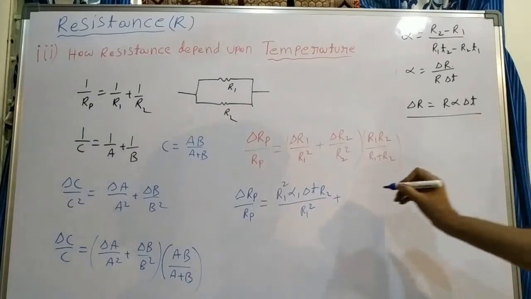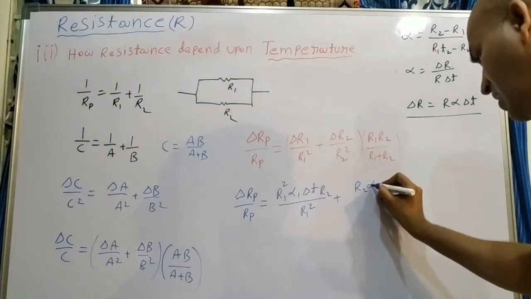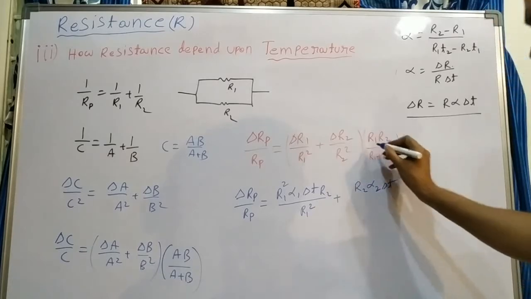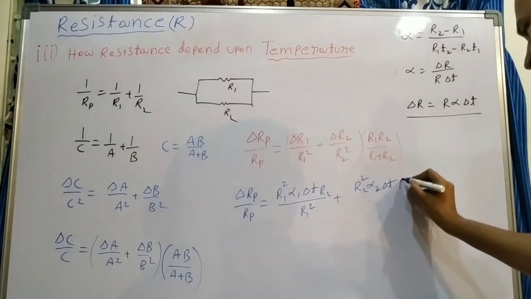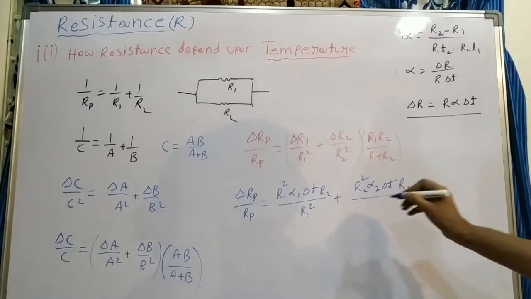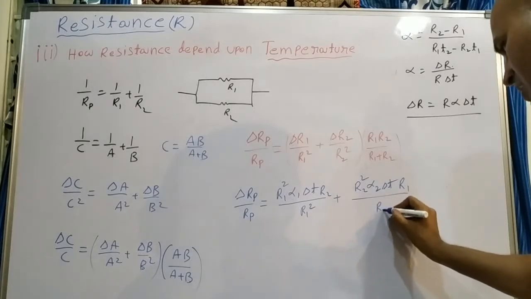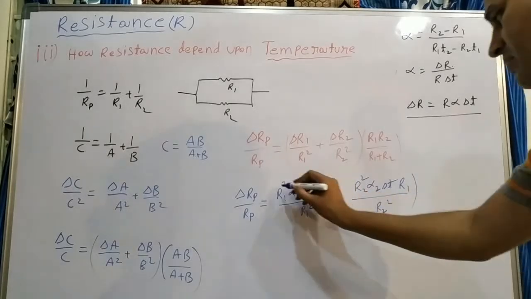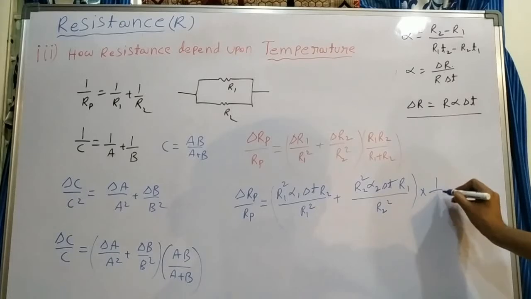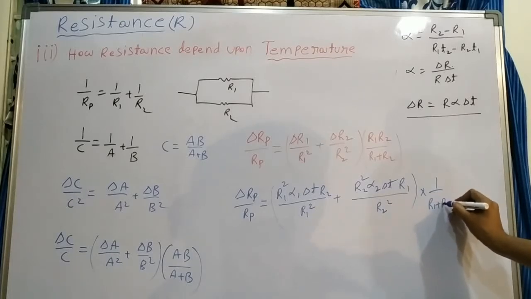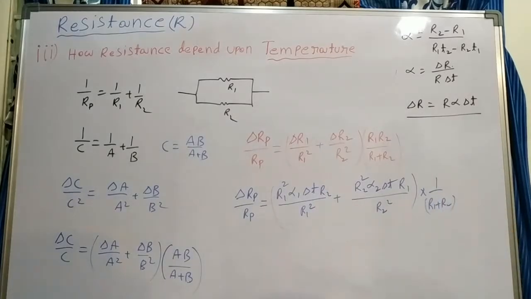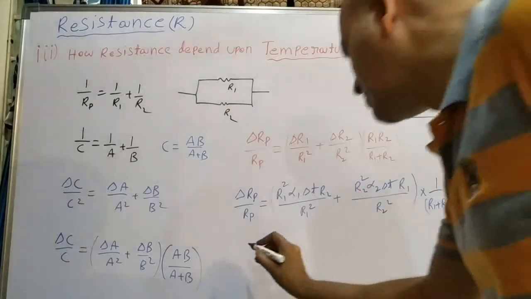Delta R2 is R2 alpha 2 delta T, and outside R1 R2 is there. So R2 square R1 by R2 square, and the whole thing outside, 1 by R1 plus R2, is also there. Here after cancellation, what you get here,